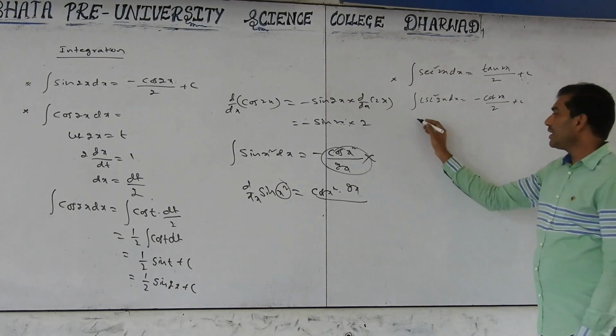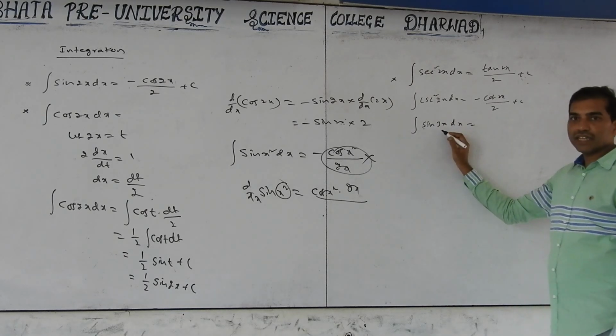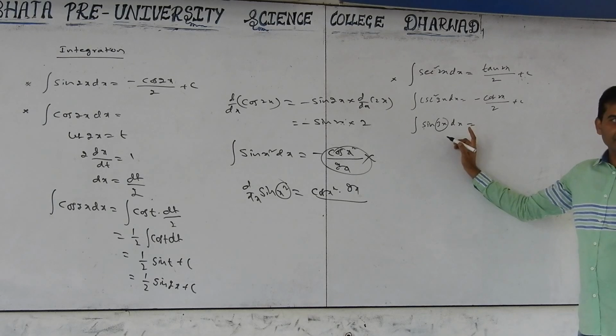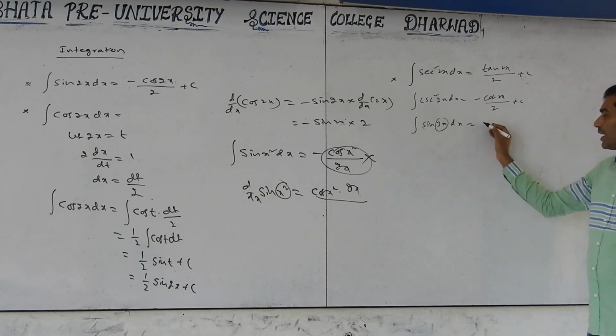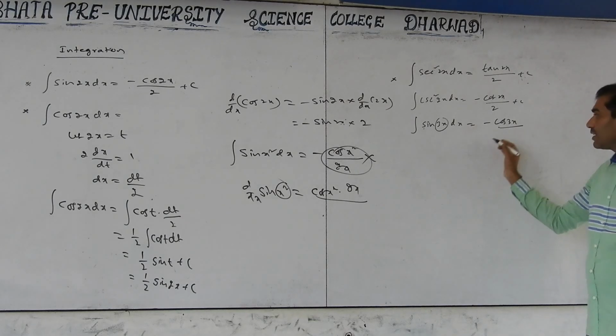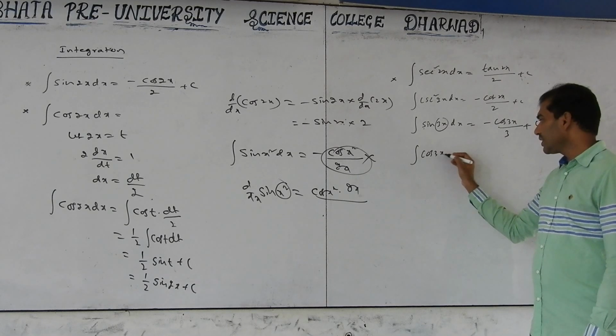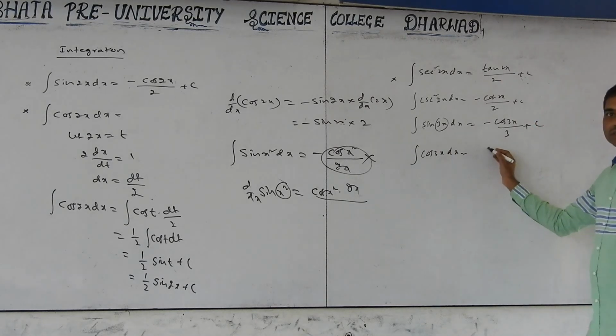Plus integration of sin 3x dx. Sin 3x, 3x considered as x. Sin 3x integration is minus cos 3x, divided by the differentiation of 3x, which is 3, plus c. Integration of cos 3x dx equal to sin 3x